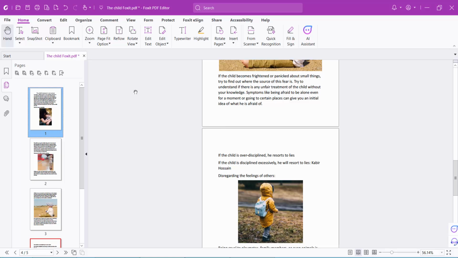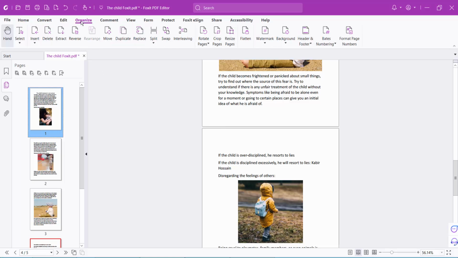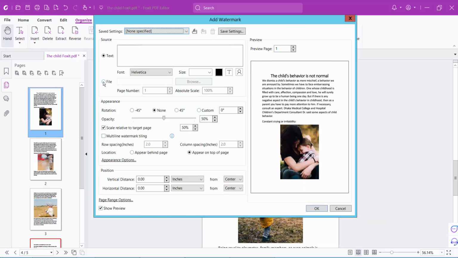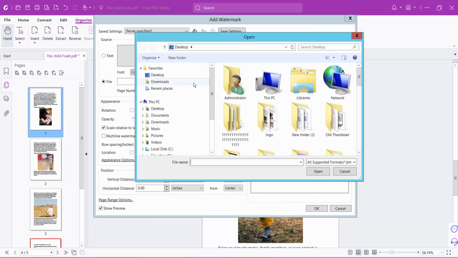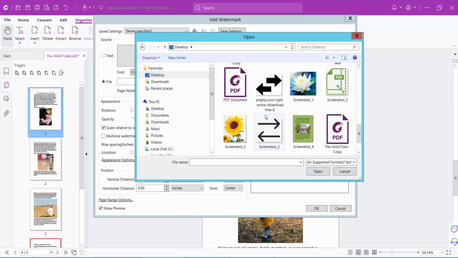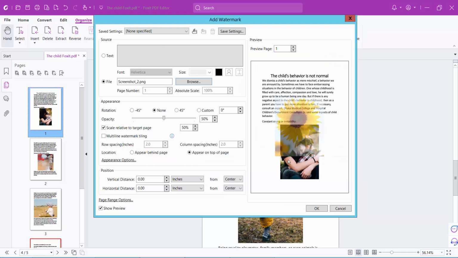Open your PDF file. Now select the Organize option and select the Watermark option here. Select Add Watermark. Now select the File option, then select Browse and choose your watermark. I'll put this one as the watermark. Select Open and see this watermark now, and you can change the watermark opacity